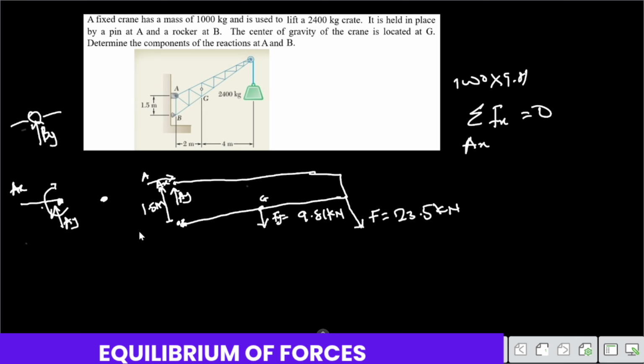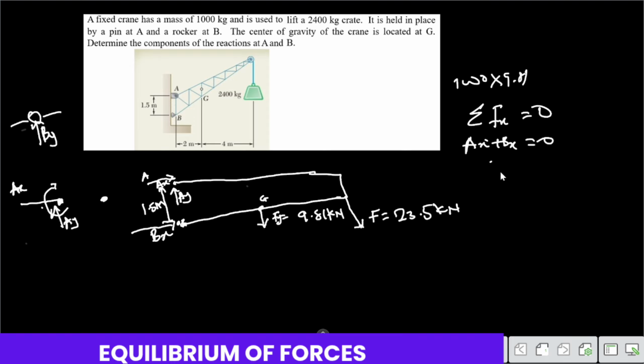We have a roller support. And I said the roller support was acting this way. That means that the force will be acting perpendicular to it. And we can call that one B x, right? So we can have A x plus B x is now equal to 0. Okay. Do we have any of these components? No, we don't have A x, we don't have B x, so we cannot proceed in finding the values. Now let's move on to the summation of